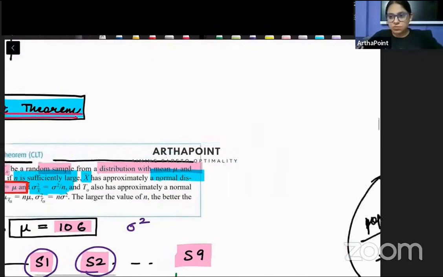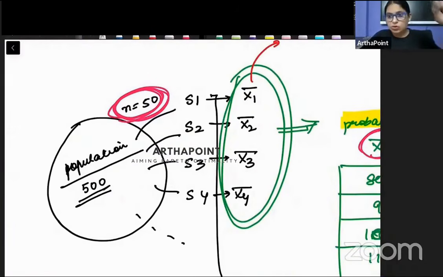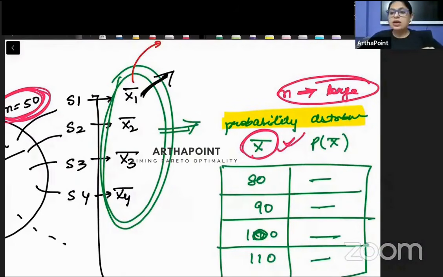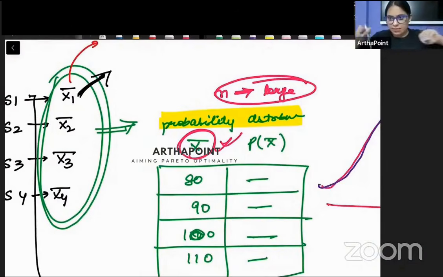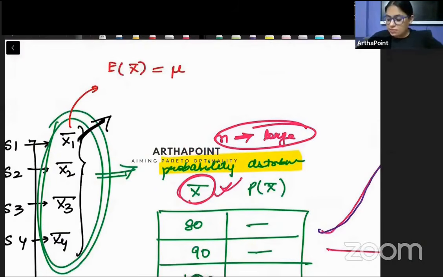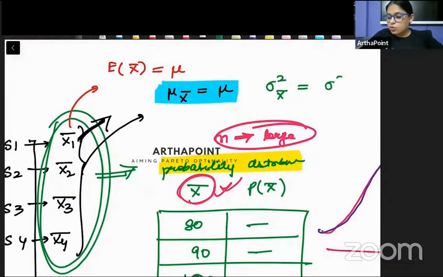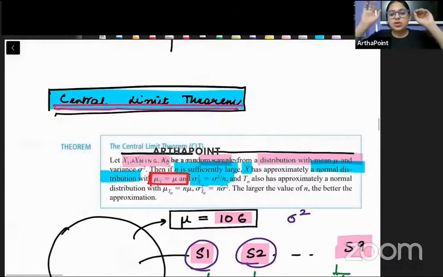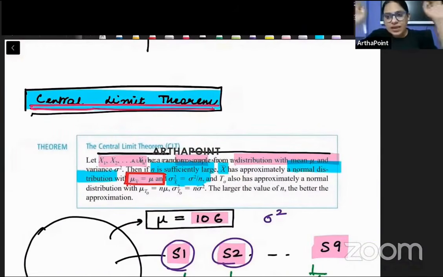तो ध्यान से हम एक बार सेंट्रल लिमिट थ्योरम को समझ लेते हैं. The central limit theorem goes ahead and says you have a very big population. उस population से आपने अलग अलग सैंपल निकाले, उन सैंपल्स का आपने मीन निकाला. When you find the mean of each of the samples, अगर आप इन मीन का मीन निकालोगे, it will be equal to the mean of the population. और अगर आप इन मीन का वेरिएंस निकालोगे, it will be equal to the variance of the population divided by n. This is what the central limit theorem is saying. Am I clear with it?